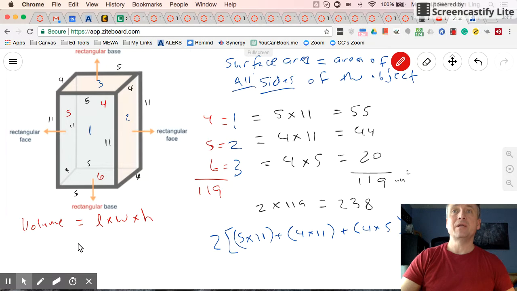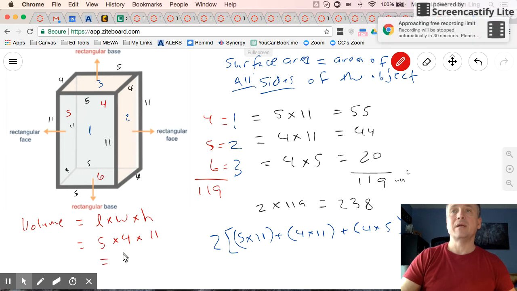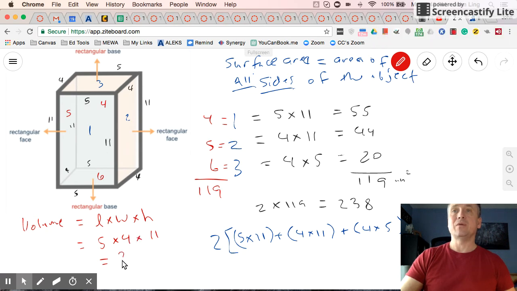So we just plug in those numbers here for volume. We get 5 times 4 times 11. So our length was 5, our width or depth is 4, and our height is 11. 5 times 4 is 20. Well, 20 times 10 would be 200, plus one more 20 would be 220. So our volume is 220 whatever units, but cubed, because we're multiplying 3 together. So this is 5 units times 4 units times 11 units. That's why